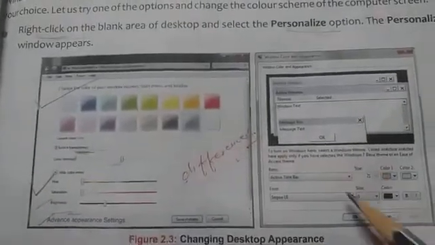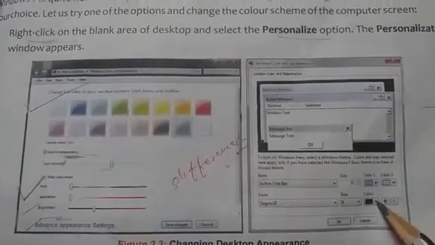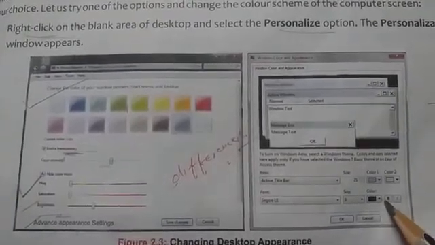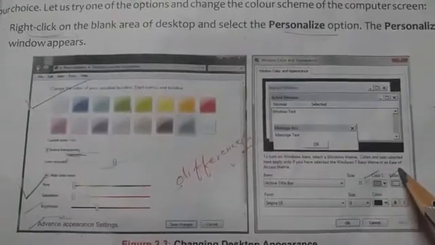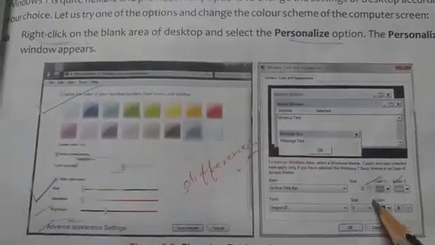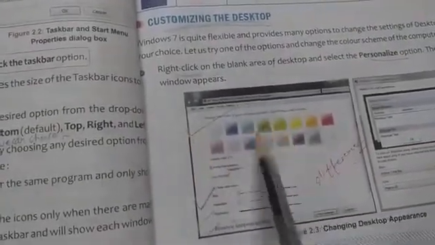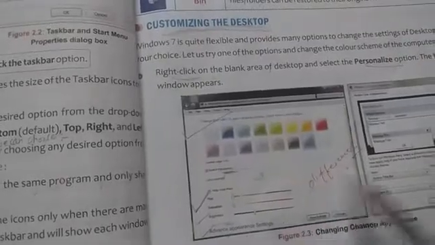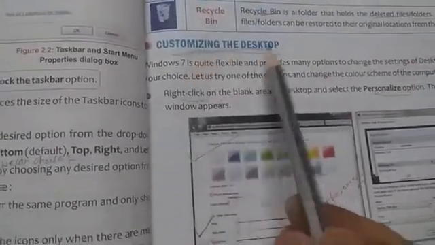Here we can choose the font color, its size, its color also, and if we want to bold the size then we can click here, and if we want to change Color 1 and Color 2 then we can change from here, and after that we have to click on the OK option. So according to that our window's appearance will change, our window color will change, its brightness will change, its font color, everything we can change with the help of customizing the desktop.